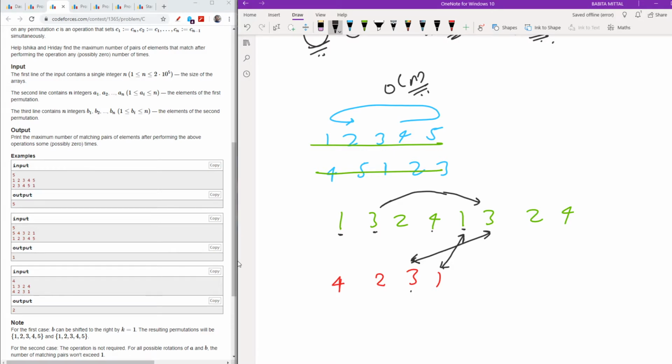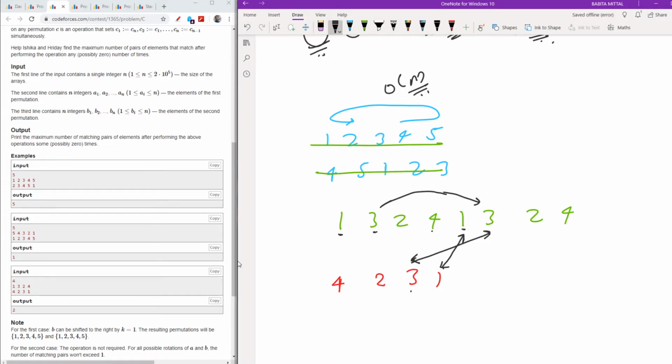But I will say that the farther one is not required, because when it moves back, 4 4 4 4, it will become here. The farther one will never be required, because the cases will be repeating, so we need just the first ones.